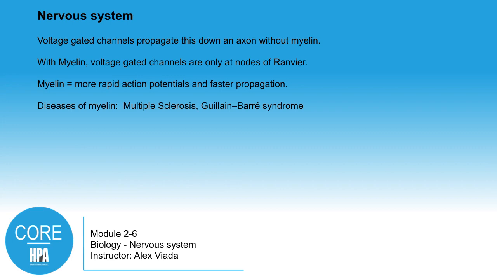It happens relatively quickly. They said order of magnitude faster. So that is what allows you to actually activate these very, very long axons relatively quickly. Now, as most of you may be familiar with, there are multiple diseases of myelin out there. Things like multiple sclerosis, Guillain-Barré, a few others, where the myelin sheath, for whatever reason, either starts to break down, isn't correctly formed, becomes damaged due to autoimmune reactions, etc.